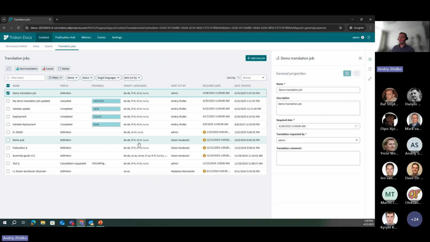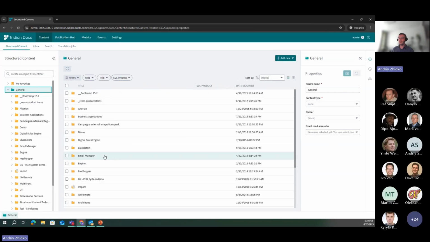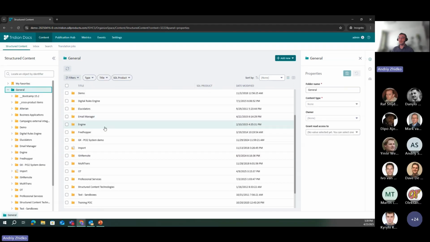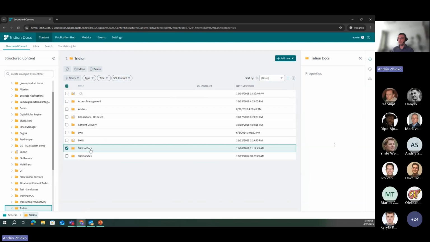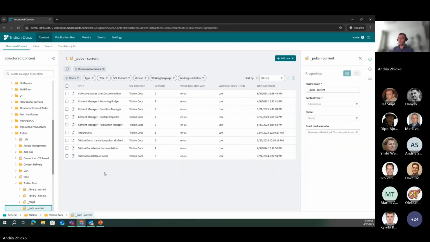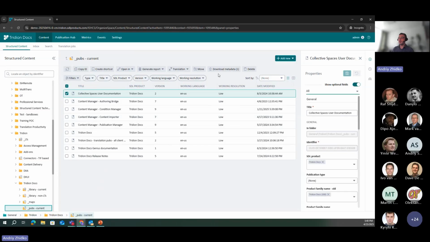Moving on, we tried the creation from the translation job view. Let's also try it from the structured content view. So let's navigate here. As I mentioned, you can use the prepare translation job action